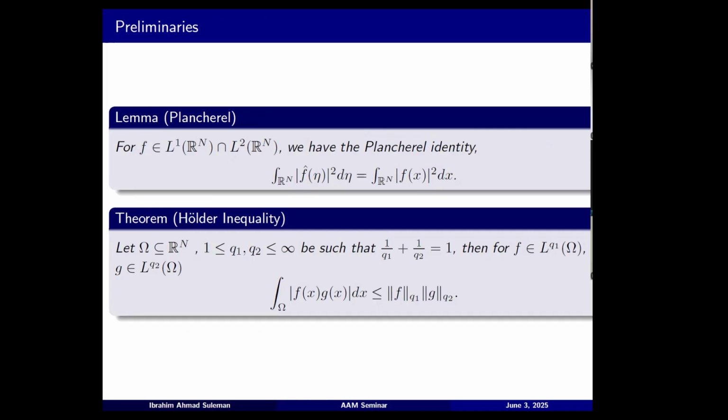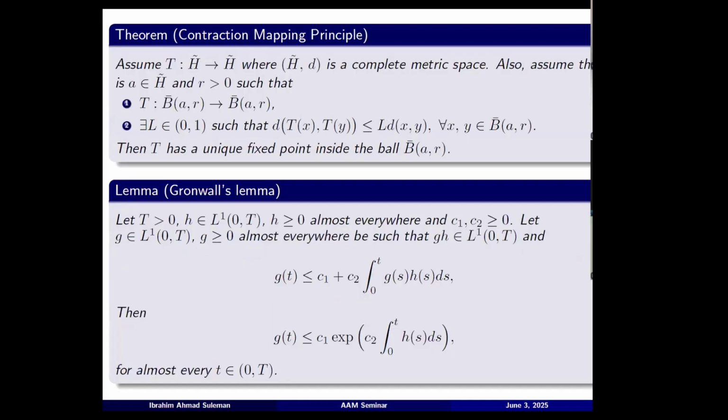So when, for instance, we reach the lemma of norm estimates, we'll be using this one to control our norms. Then Hölder's inequality. This will be particularly important when using the Banach contraction principle to prove contraction mapping. So the next is the contraction mapping principle. This is here just for a reminder.